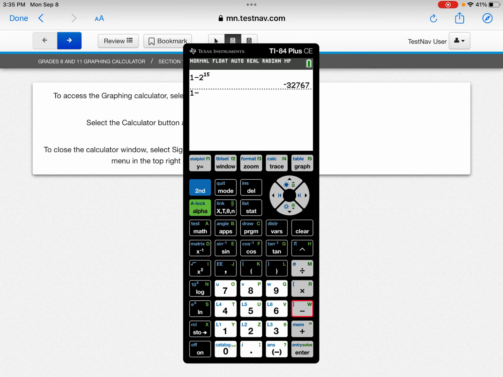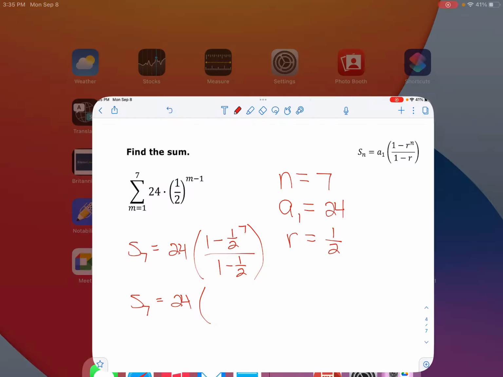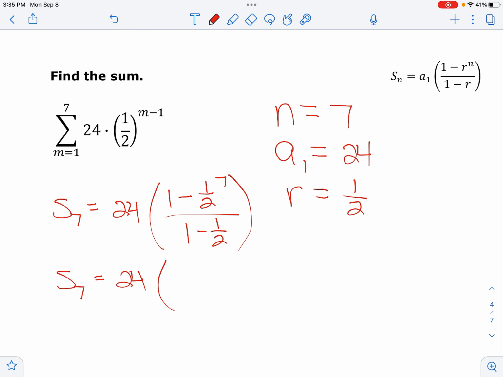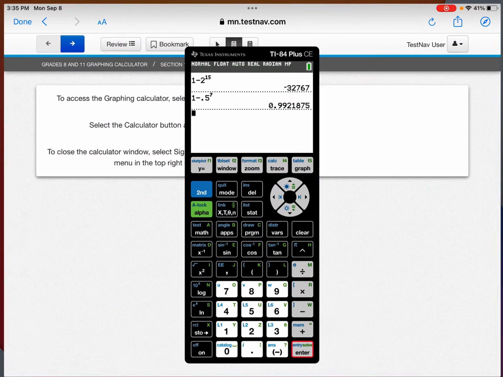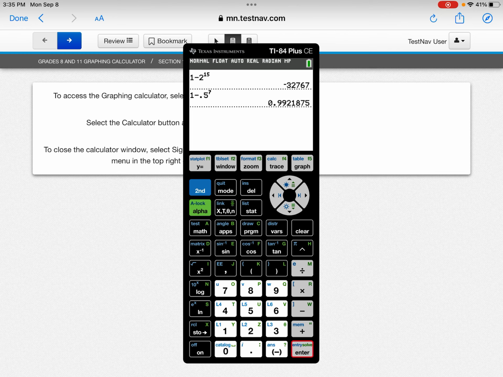1 minus, if you want to do a half, you can. You might just go 0.5 to the 7th power. It's pretty small. And then the other part of this would be 1 minus a half on the bottom. So that's 0.5. 1 minus 0.5 is 0.5. So if I take this and divide it by 0.5, okay, I have my answer,